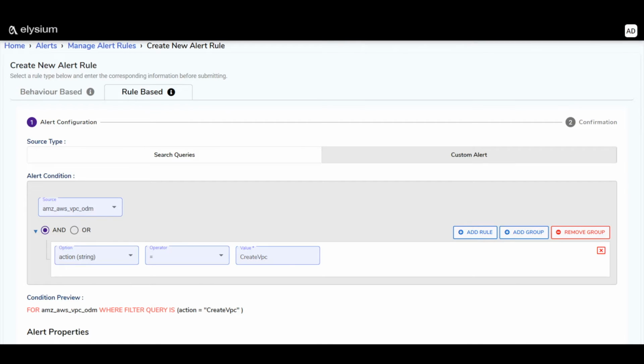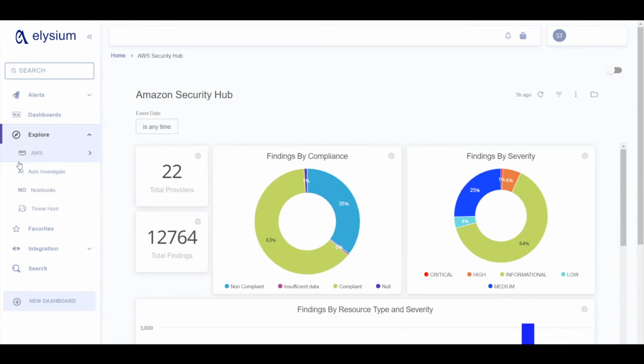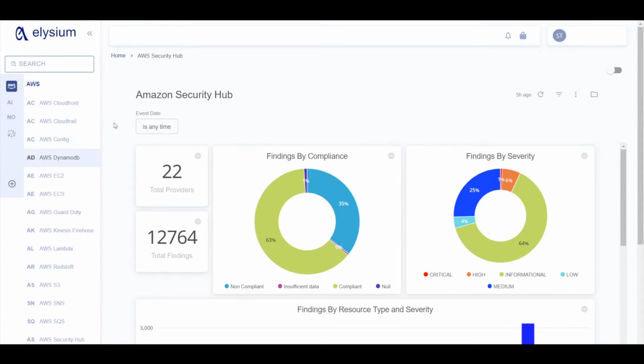Let's move on to our dashboarding. So not only do we allow you to create new dashboards here, but you can actually go ahead and use our out of the box. We have numerous dashboards available as part of our solution here. But with this example I'm showing you, we have the AWS Amazon Security Hub. So this will allow you to identify any kind of high severity findings by how important they are, and